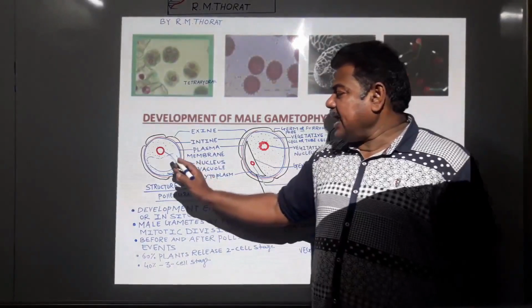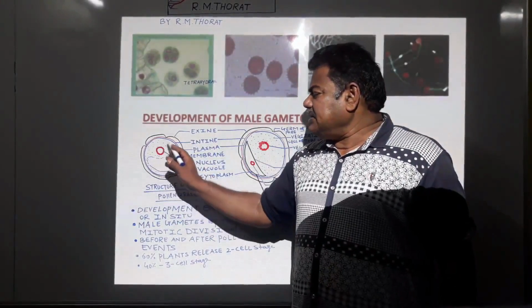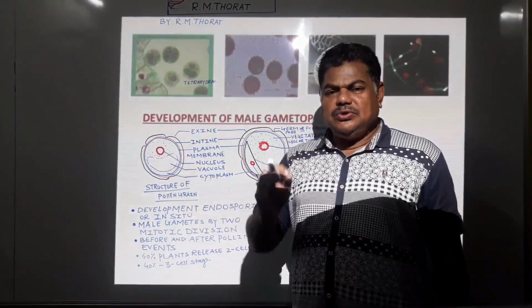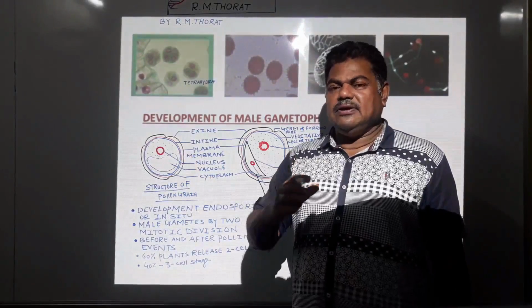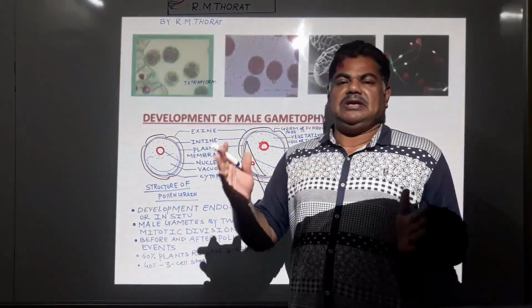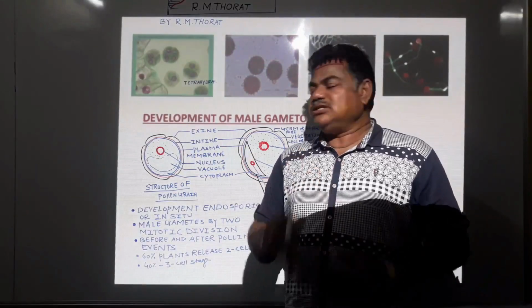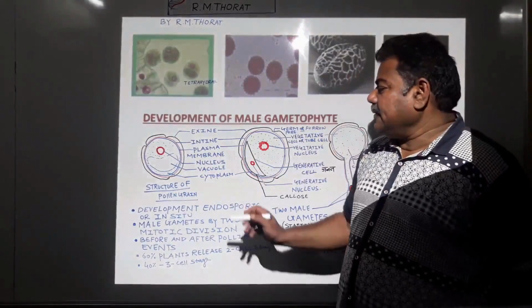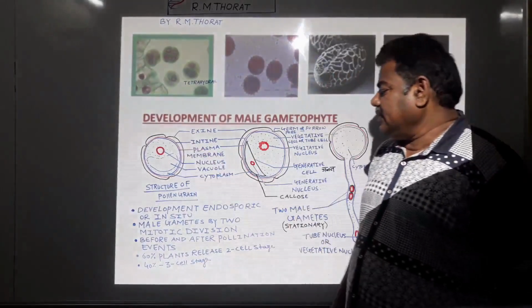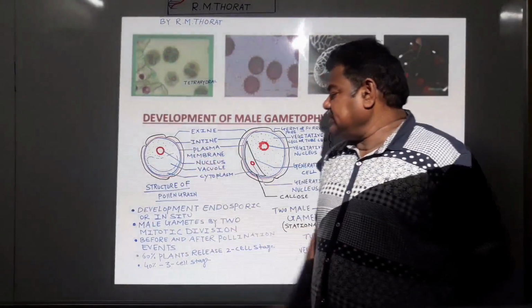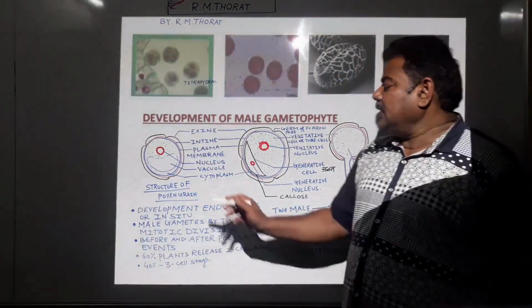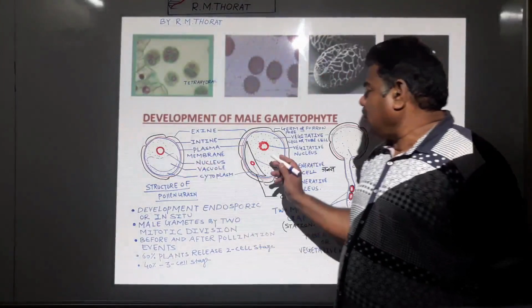Inside the pollen sac, minute, tiny, unicellular, uninucleate, microscopic, uncountable pollen grains are formed. In that pollen grain, this nucleus is present, and this formation of male